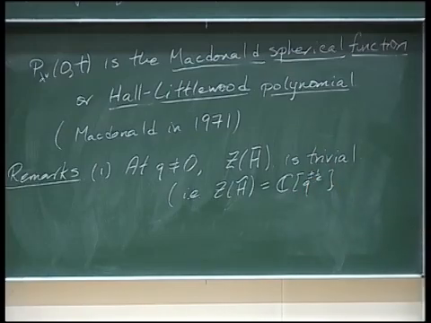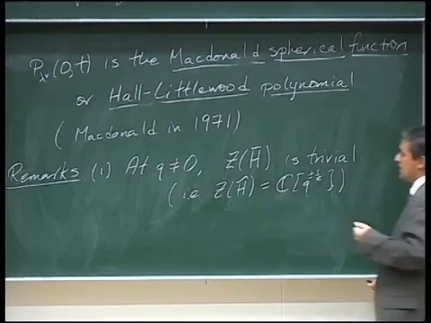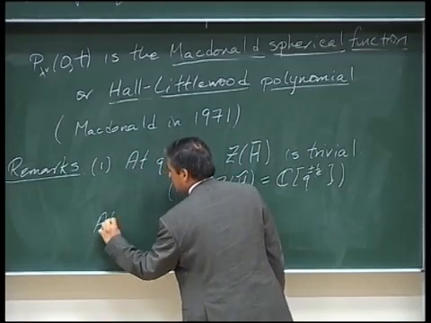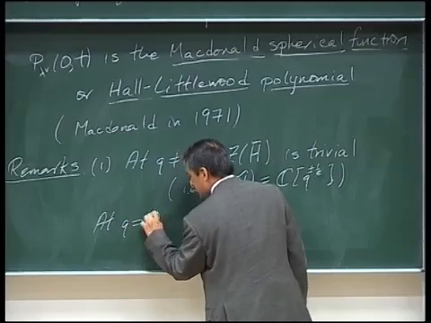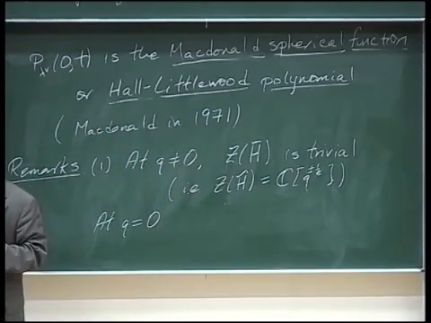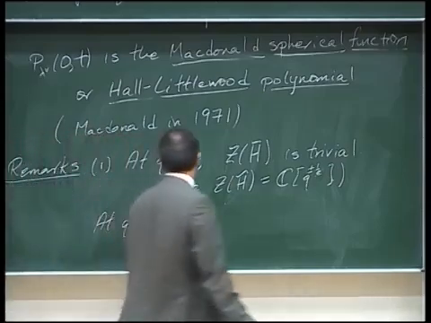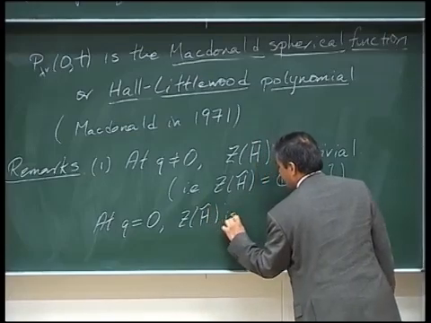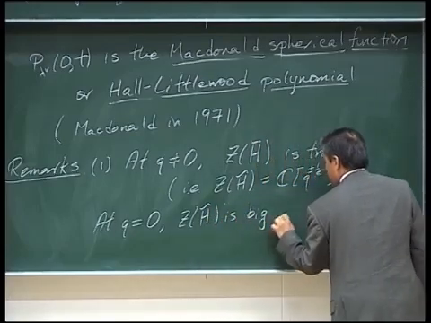Whether you think of that as a number or as a variable, the center is trivial. It's what you think it is. However, at q equal to 0, which is somehow this picture now, the center is big, and it contains